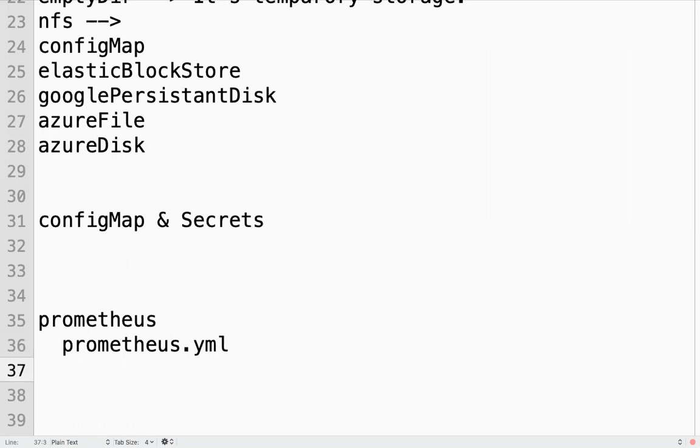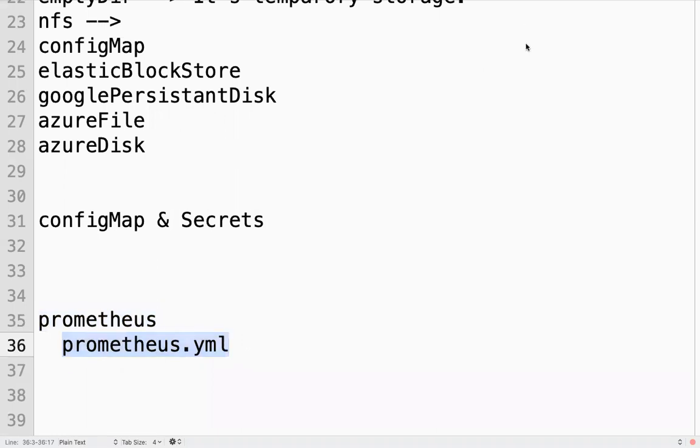It will have all the information, like how frequently Prometheus has to monitor, and what targets it has to monitor. You can define alerts, in the sense it has to trigger an alert whenever there is very high CPU utilization or memory utilization. It will use this YML. If I run Prometheus as a container, where will this YML be?